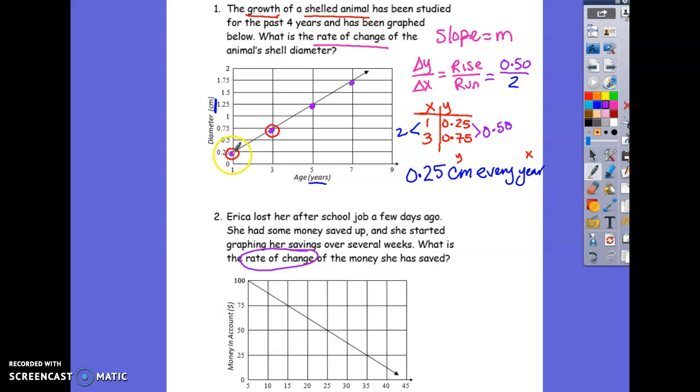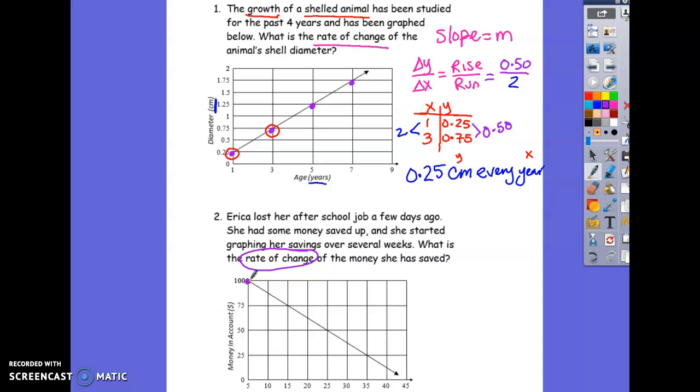This one up here was positive because it's going up. What is this one doing? It's negative. It's going to be a negative because it's going down. It's decreasing, okay? She's losing money. She's not getting any money. She's not working. So she had $100 saved up,